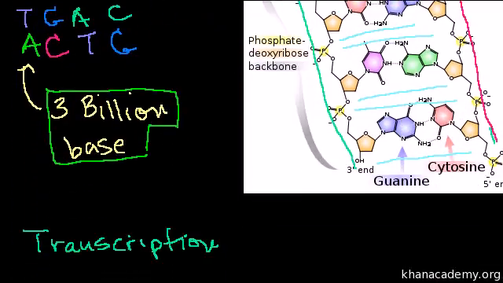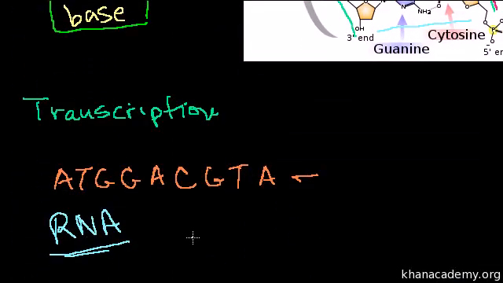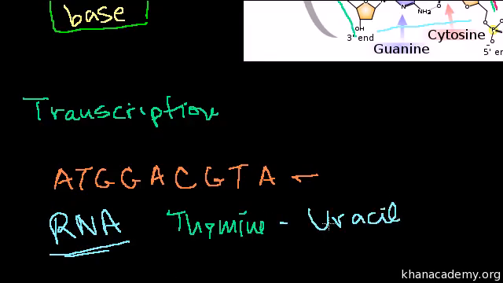It codes in the exact same way, and the only difference between RNA is that instead of a thymine, it has something called a uracil. A uracil. So every place where you would have expected a thymine, a T, you'll now see a U. So for example, if this is the DNA strand, then